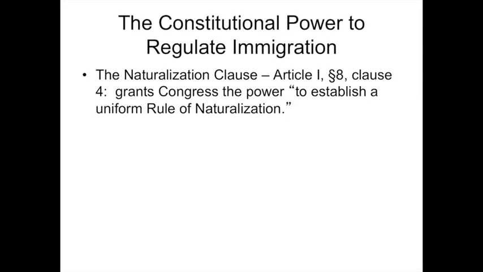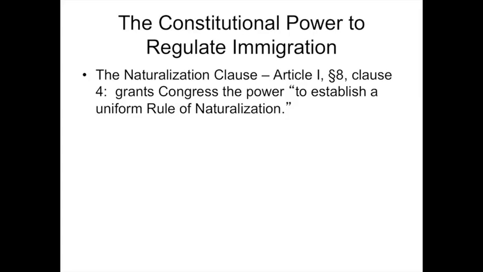The U.S. Constitution, of course, is a constitution of enumerated powers for the federal government. For Congress, what that means is that Congress does not have authority to legislate unless it is specifically given in the federal Constitution. The closest we come to finding a clause in the United States Constitution that's about immigration is the Naturalization Clause. The Naturalization Clause, Article 1, Section 8, essentially grants Congress the power, quote, to establish a uniform